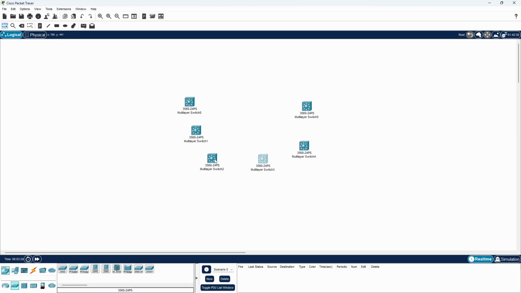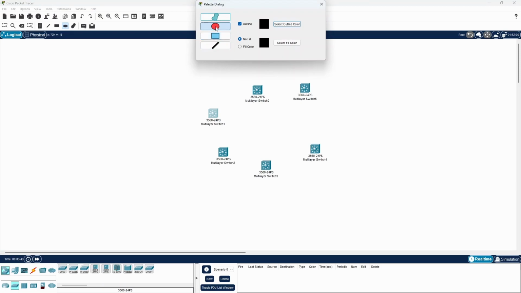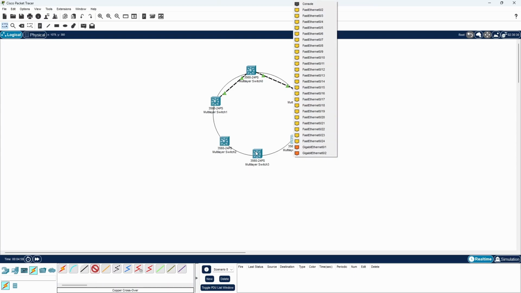So let's draw the ring. Can we call this a ring? If this is not a ring, we must do something about it. I don't think this is a ring, so let's draw a ring and see. So we come here and choose circle with no fill. We could draw our circle. Let's try to form a ring, but I think this is a ring. It may not be square, so let's connect continuously